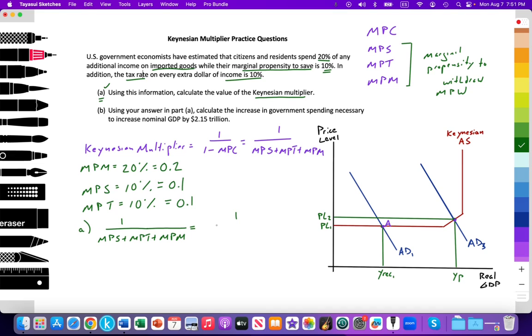The marginal propensity to save is 0.1, plus the marginal propensity to tax is 0.1, plus the marginal propensity to import is 0.2. That gives us 1 over 0.4, which is equal to 2.5. So the Keynesian multiplier